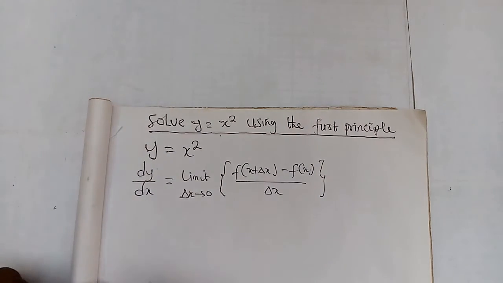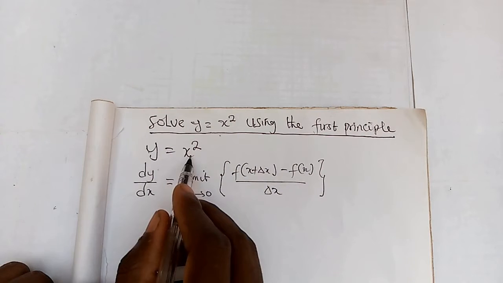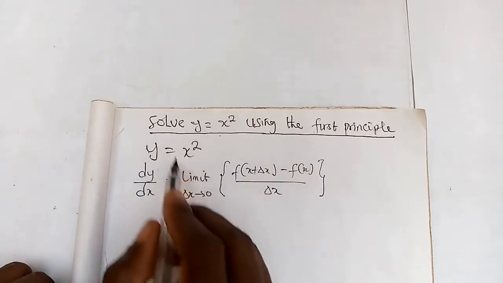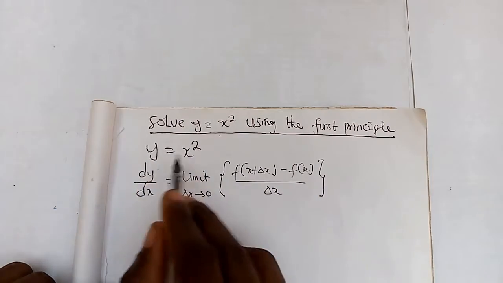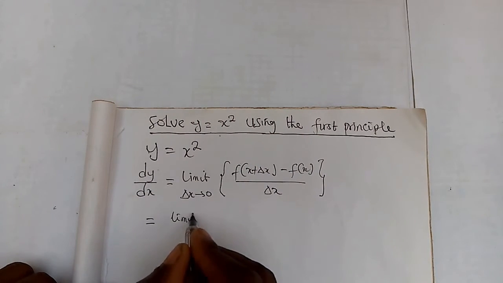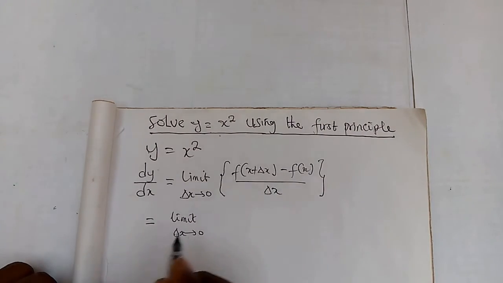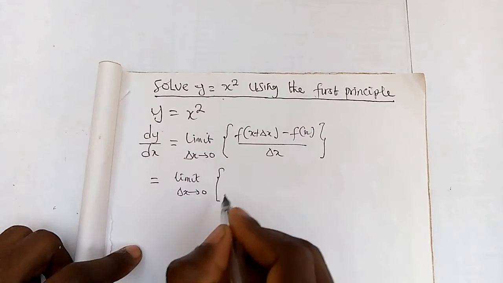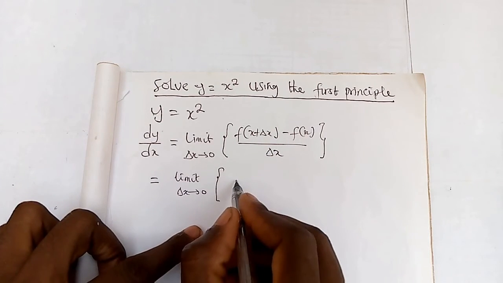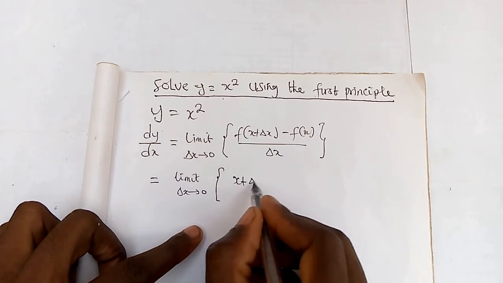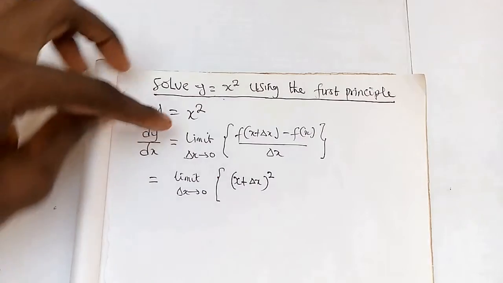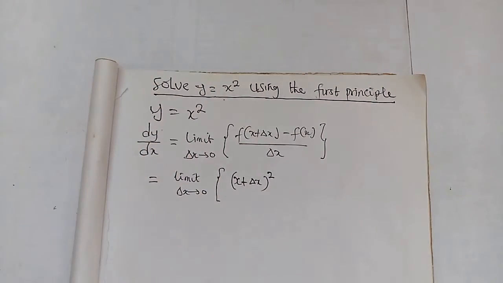So now I'll do that: y is equal to x squared. So here it means that the whole of this f will be occupied by the function, y is equal to x squared. So we just come and write the same thing, limit as change of x approaches 0, and then here you write x plus change of x, all raised to the power 2 because of the square here,